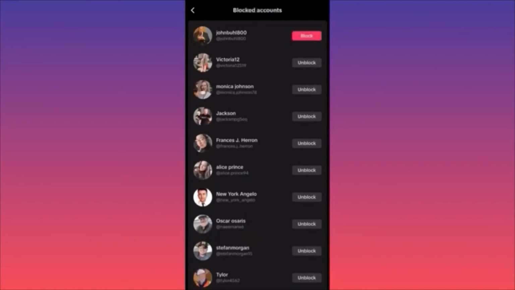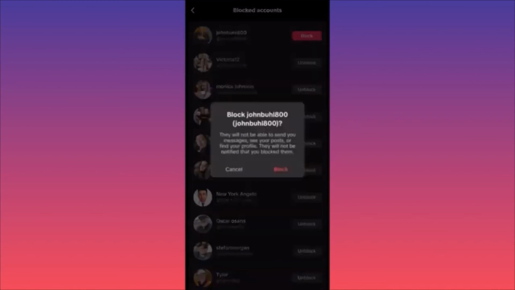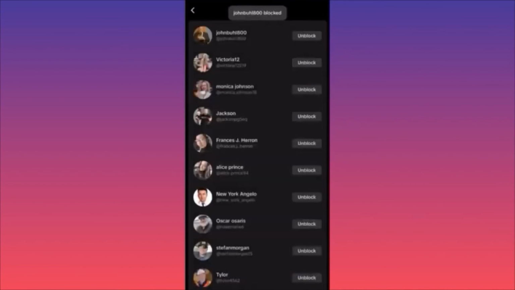This is how simple it is actually to block again and unblock people, just finding this list with blocked accounts. You don't have to remember who previously blocked and what was the handle, the account. Or you just come over here, find all the accounts that previously were blocked from you, and you decide who to be freed.